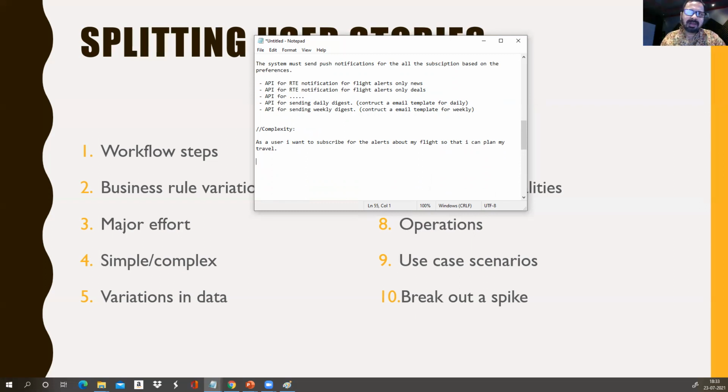Subscribe alerts about flight so that I can plan my travel. Whether you want to subscribe alert for flight in terms of flight timing, whether you want to subscribe the alert for flights if there are any deals so that you can plan your vacation, whether you want to just subscribe for some newsletter about what's happening around globally in terms of the aviation or whatever, right?